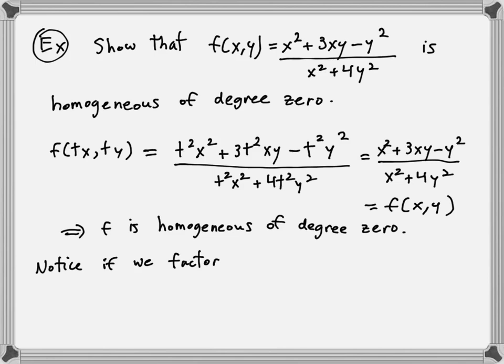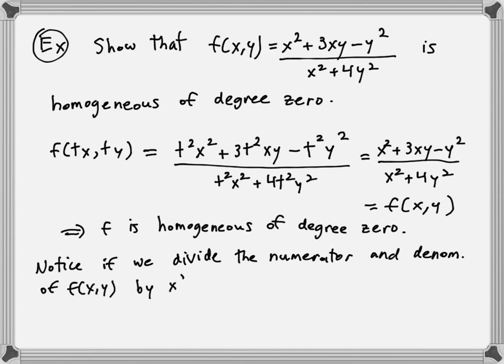So notice if we divide the numerator and denominator of f of x, y by x squared, we get, well, let's see what we get. So I'm going to divide top and bottom by x squared. I end up with 1 plus 3